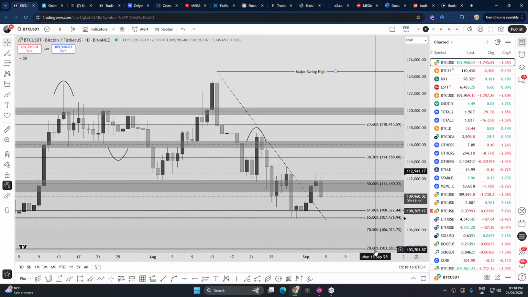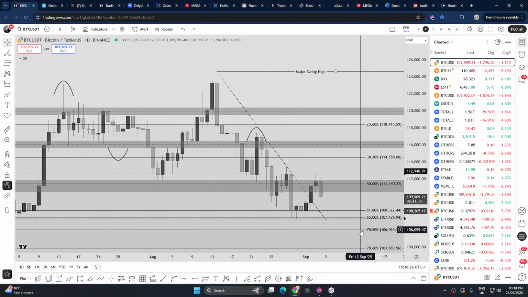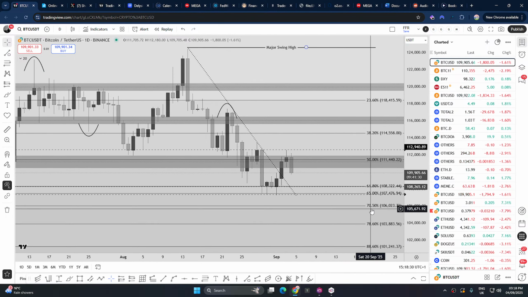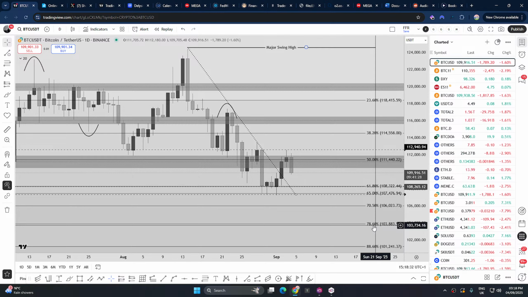65, 70 and 78.6. The reason we usually talk about 70% is because we say that I do not want to miss out on the move. I do not want to miss out on this complete move. So maybe the reaction will happen at 70.5 or 78.6. But $106,000 to $104,000, this $2,000 range is extremely important for Bitcoin, and this is where a potential bounce is expected, and this is where you may have a bounce which would ultimately create a new all-time high on